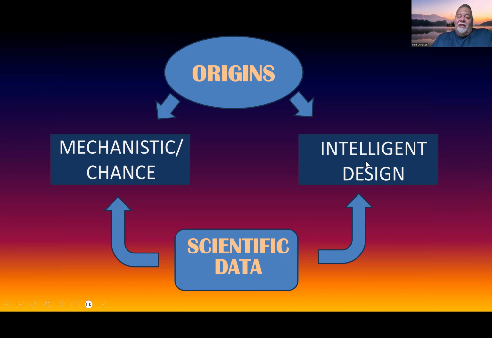Now, if you're on the intelligent design side, then you're saying that it was all basically created or made. There was some kind of designer behind it, and so those are the two basic models. And I suppose you could have a combination of those two, but if you found evidence that supported this one, you'd probably go here. If you found evidence that supported this one, you'd probably go here. There's no real need, because they're very opposite in what they predict. And so probably you're going to find evidence one way or the other. And that's what we're attempting to do.